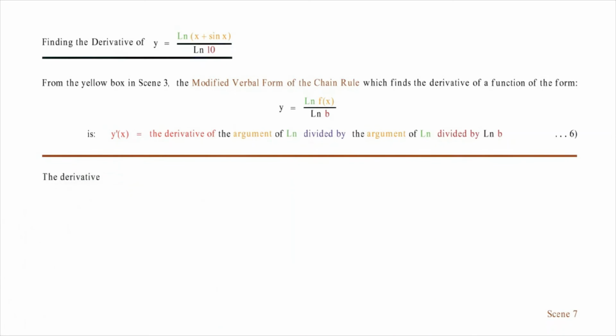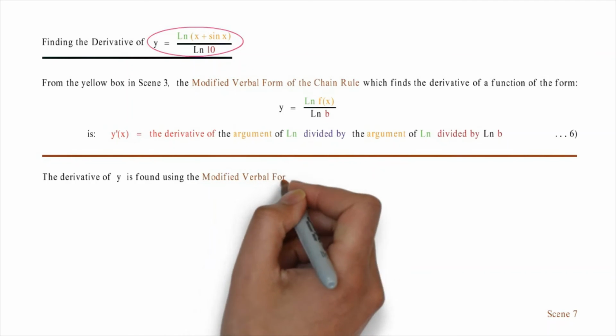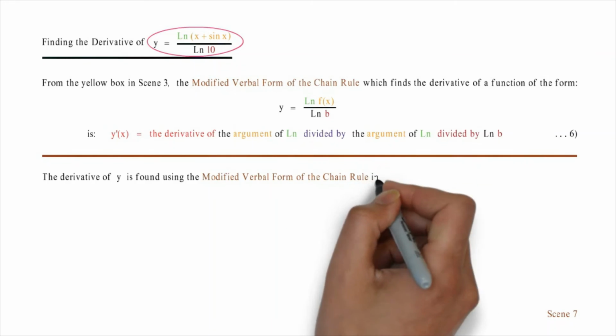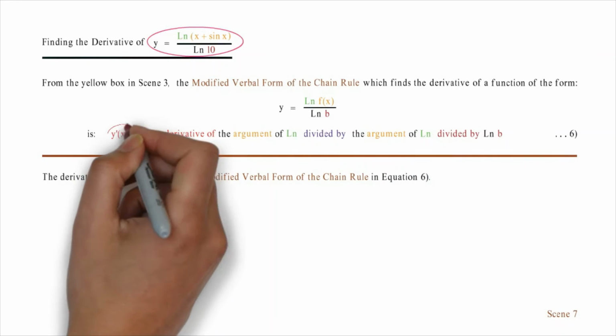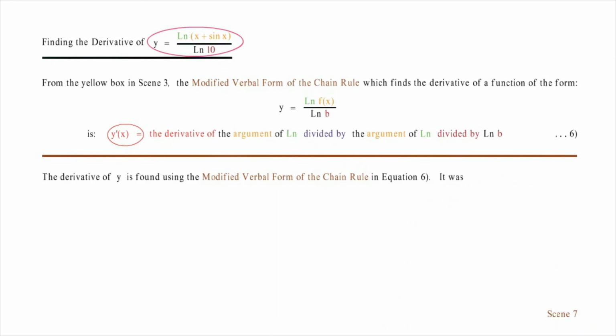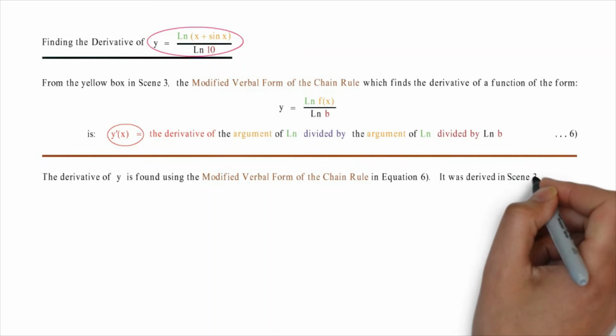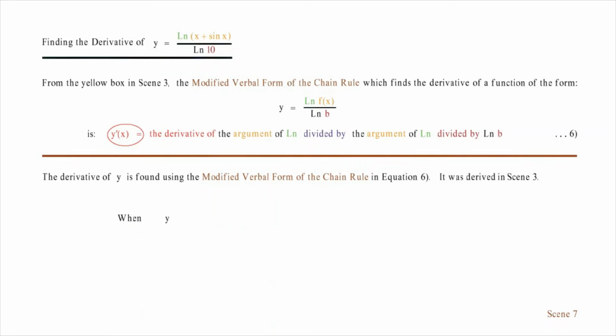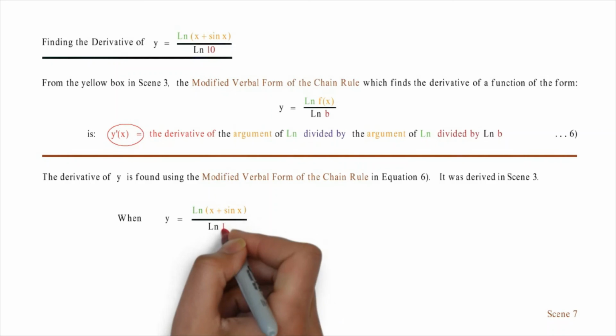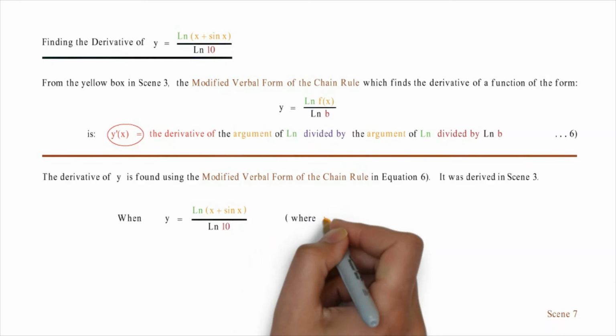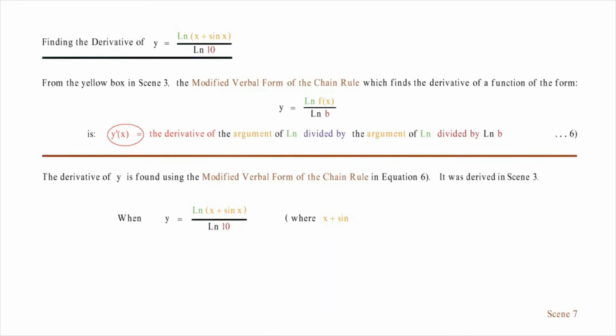The derivative of y is found using the modified verbal form of the chain rule in equation 6. It was derived in scene 3. When y equals ln of x plus sine of x divided by ln of 10, where x plus sine of x is the argument of ln,